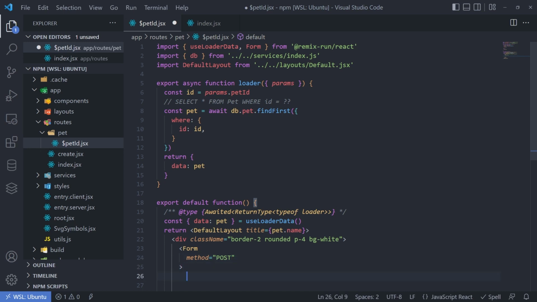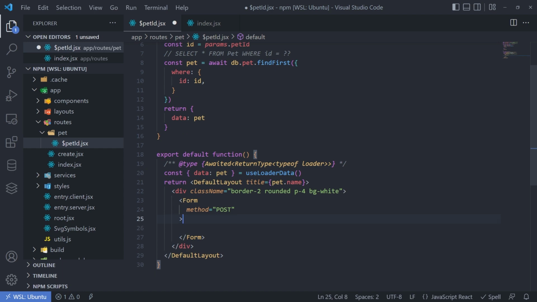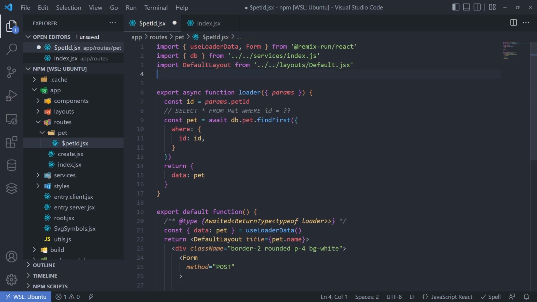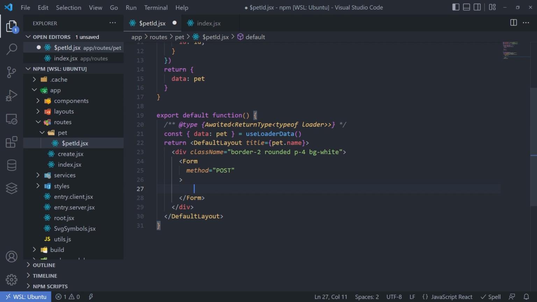And in addition to that, inside of this form, I need my actual inputs. So let's import those components that we had before. I'm going to do the input and the button. And those are going to come from components/index.js. So this form is going to look very much like the same data on the create page because it's going to contain that same data. It's going to be slightly different markup, however. So we'll have the input